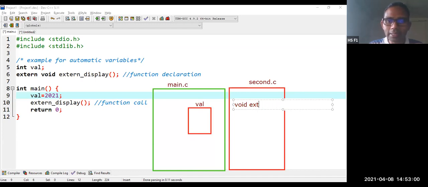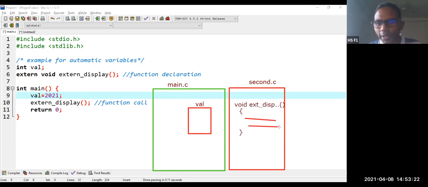I will write ext underscore disp as a short form, just for our understanding, because the place is not sufficient here. So void external display is some function having some code in it. We are having two printf statements. Whenever you say extern display, it means we are making a function call.